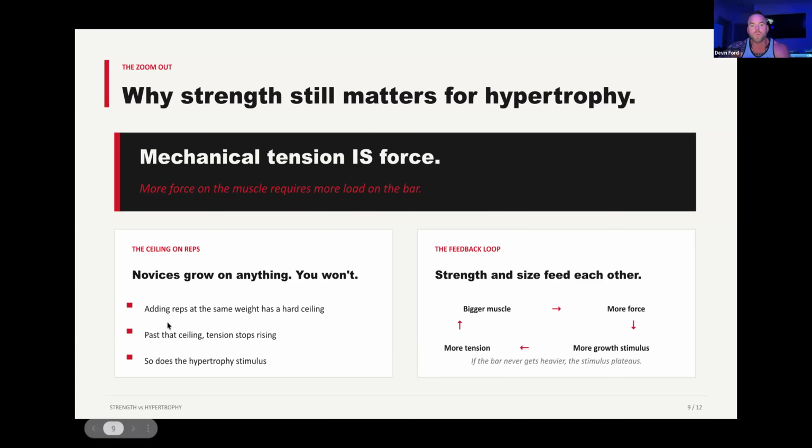Okay, so even adding reps at the same weight, which can work to a point, is only going to have so much mechanical tension. It's only going to be so much. Think about this, right? It's like if you're doing 20-pound lat raises, right? And you get to 20 reps. If you look at the force times the time, 20 pounds by 20 reps. Whatever, 20 and 20.